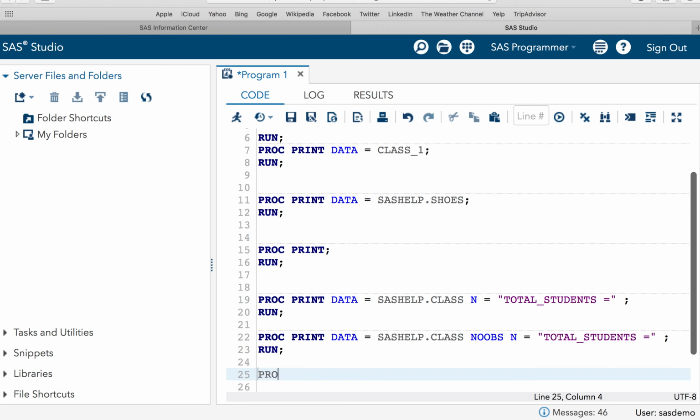Proc print data is equal to SAS dot class, and then we'll use double,